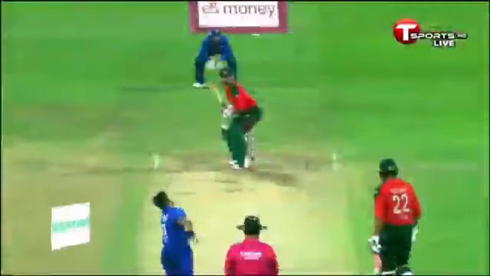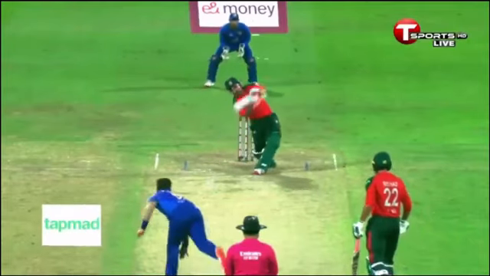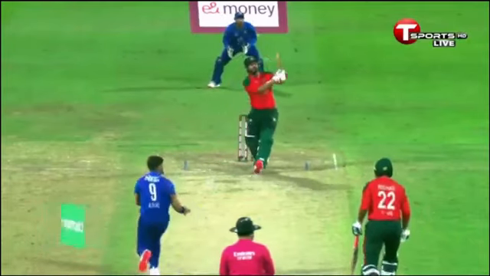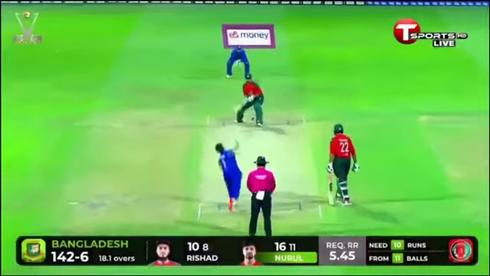High and handsome by Nur Hassan Sohan. Right in the hitting arc. The replay will tell us if it's a slower delivery. Looks like that's a slower delivery. Right on the hitting arc, and Nur Hassan Sohan gives it the treatment. There was a long on in place and he was a mere spectator. What a start to the over. Jubilation in the green corner of the crowd. Beautiful.